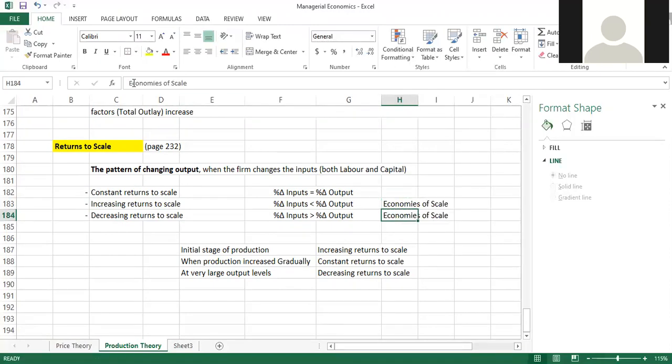That's why economies and diseconomies of scale are very much related to the return to scale, right? So when we move to the cost of production, I will relate these two points, because under economies of scale, this return to scale concept is very much related. So the key points I have explained here, and in the note I have given you, I have also indicated these key points,